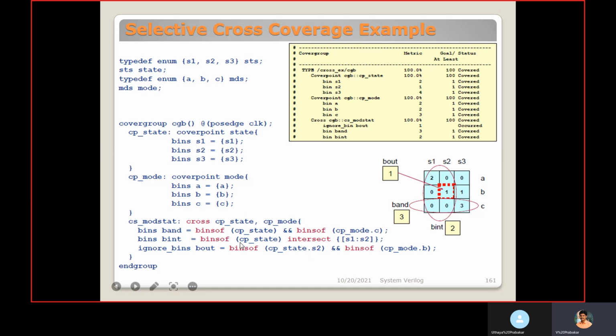So likewise, we can selectively choose the bins we need to consider or check.